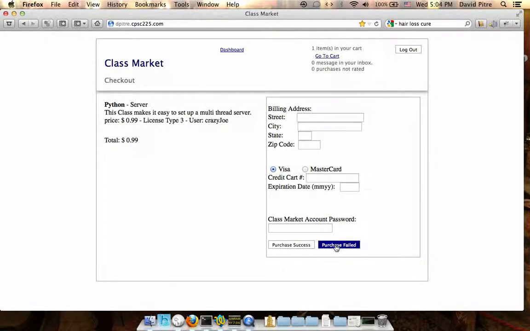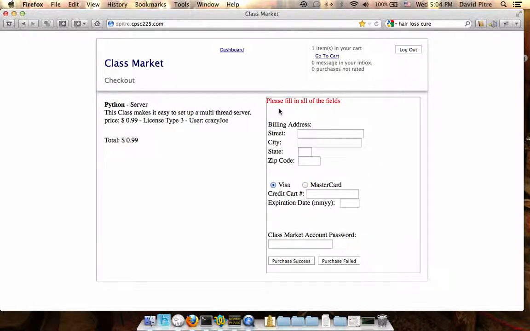If I try to do a purchase fail, it says please fill in all the blanks. I can fill out the information if I wanted to, type in credit card information. At the moment, at this stage of the project, the credit card information is being encoded, but not using a very strong encryption method. But that can be easily fixed. But at the moment, it is being encoded, so it's not stored as a number